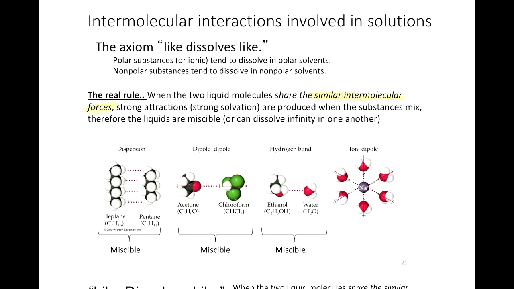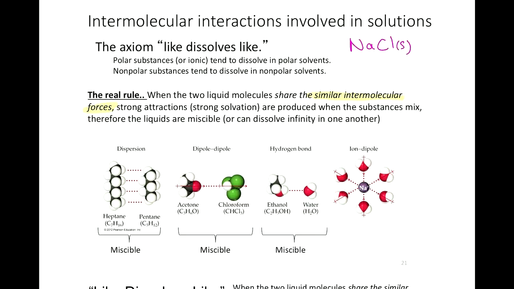So again, we already looked at this slide earlier, or these pictures. We want to look for matching IMFs. Two nonpolar substances: in the case of liquids, we say they're miscible, or if it was solids, we can say they're soluble. Two things that are polar, two things with hydrogen bonding,